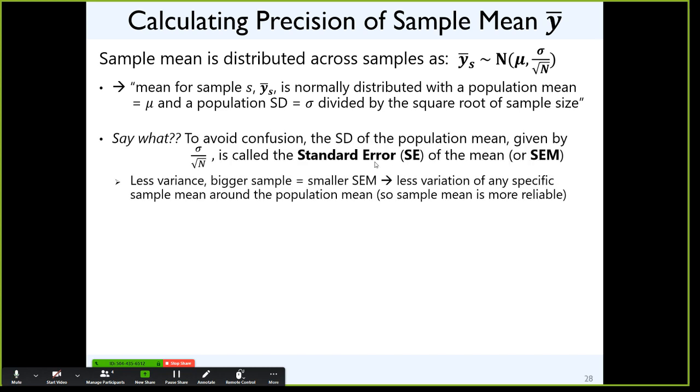Blech. That term right here, to avoid confusion, gets a specific name. It's the standard error. Not standard deviation, standard error. Error and deviation sort of mean the same thing. They both are offnesses, but what it's off from is different. So standard errors go with statistics. Like the mean is a summary of my information from my sample. I want to know how wiggly that mean would be across samples done over and over and over again. Wiggliness is conveyed by standard error.